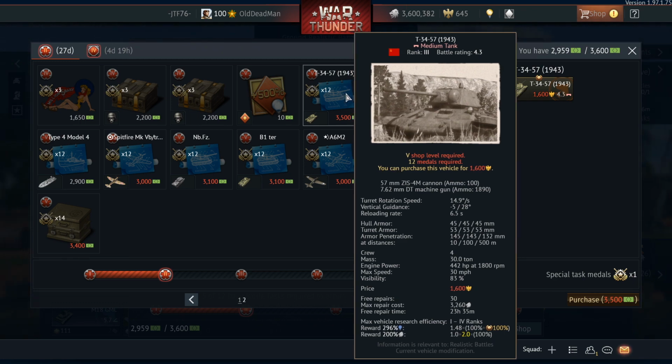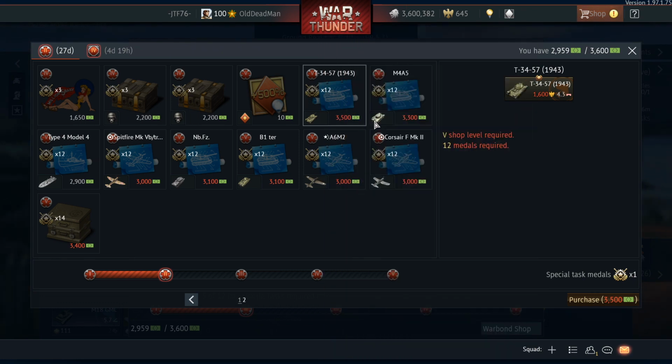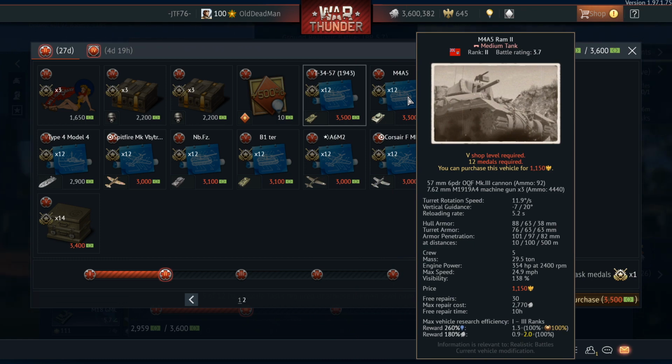Sometimes I get this to get the premium vehicles to fill out my tech trees. For instance, this time, the M4A5 Ram 2, I would love to have this tank. It's got great armor for its BR and what it's doing. So I would love to have this, but you know, it depends on what I want to do, because in